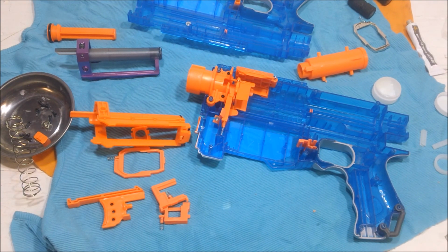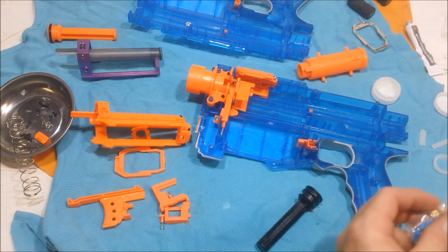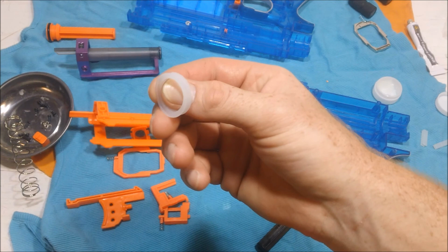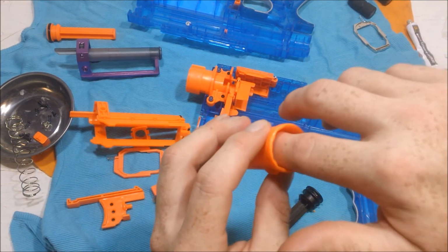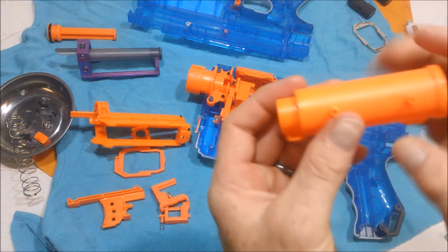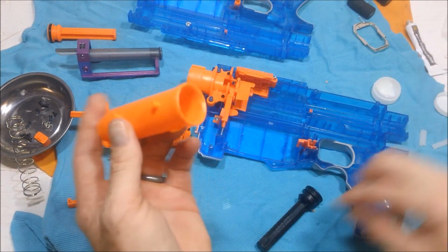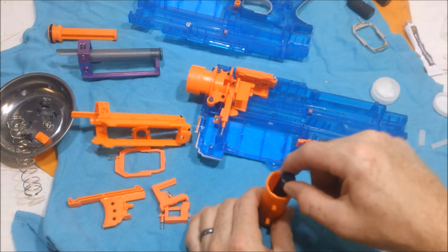Now, I am going to use the Worker plunger. And actually, now that I got my plunger tube in, the Worker kit comes with its own plunger cushion. I'm going to go ahead and plop that down. You can just push it in there. You put the flared end towards the opening of the plunger tube. So if you were to picture it, flare goes this way. It provides good impact cushion. And if you want to make sure it's placed in properly, just take your plunger and tap it in a little